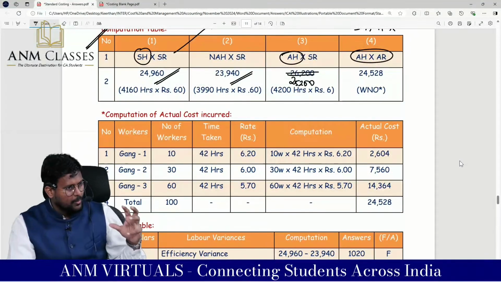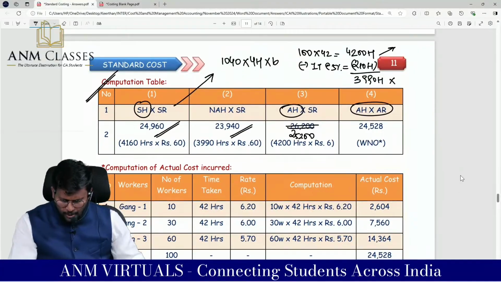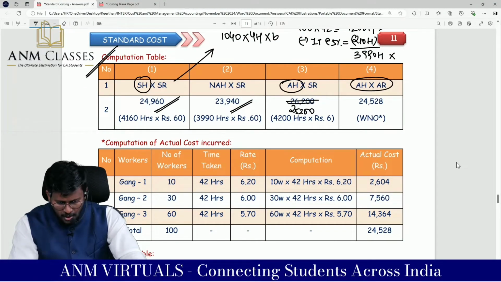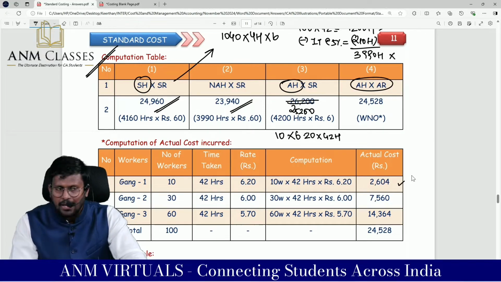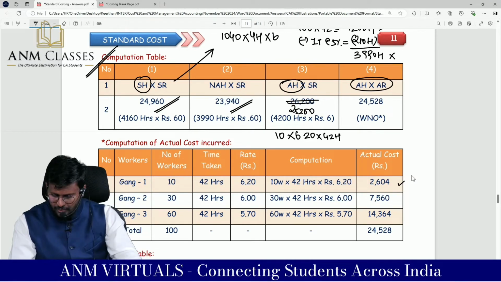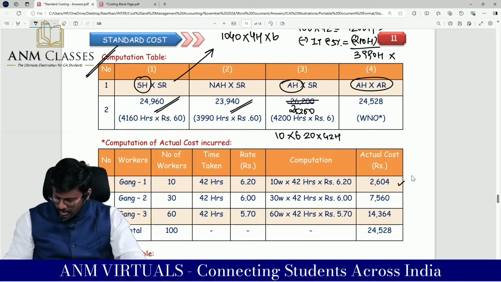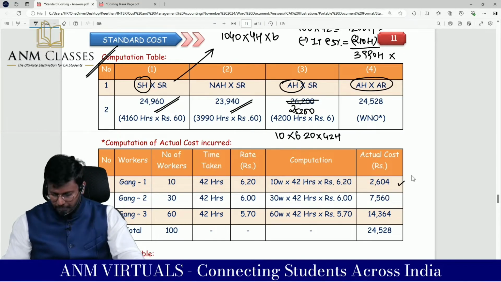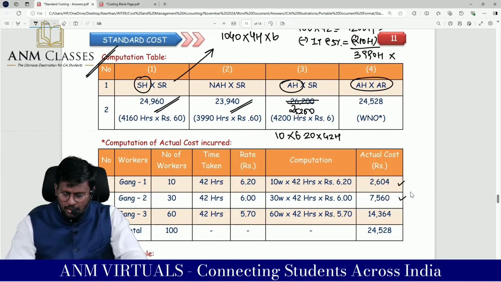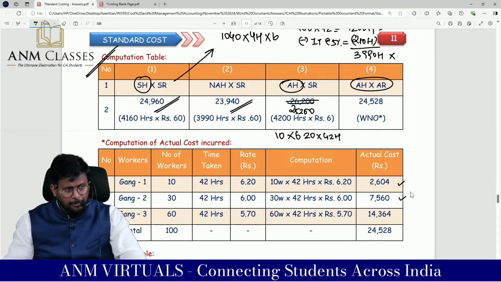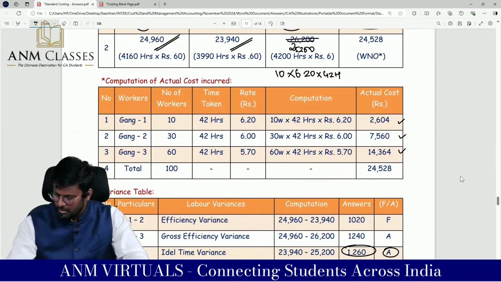We have to calculate one by one இல்லையா? Yes sir. ஏன்னா ஒரு எம்ப்ளாய்க்கு ஒரு மாதிரி கொடுத்திருக்காங்களா? ஃபர்ஸ்ட் எத்தனை பேர்? 10 பேர் into 6.2 ஆ? Yes sir. Into 42 hours ஆ? Yes sir. So calculator sir 10 into 6.2 into 42 comes to 2604. அடுத்த குரூப் எத்தனை பேர்? 30 people. எத்தனை per hour? 6 per hour into 6 into 42 comes to 7560. Comfortable? Next one sir 60 பேரு ஒரு ஆளுக்கு 5.7 into எத்தனை hour? 14,000. Total comes to